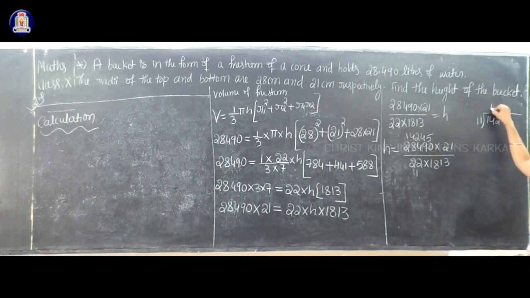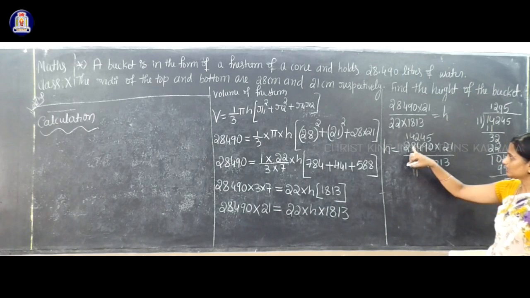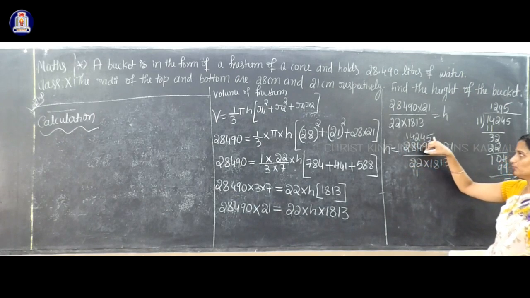Okay. 11 how much? 11 ones are 11. 3 remainder. 2. 11 twos are 22. 10 remainder. It is 4. 11 how much? 11 nines are 99. So 4, 5, 6, 7, 8, 9 means 5. So 55. So possible. 11 5s are 55. Understood, no? See, first I divided by 2. 2 11s are 22. Next 2 how much here? 1 4, 2 4, 5.